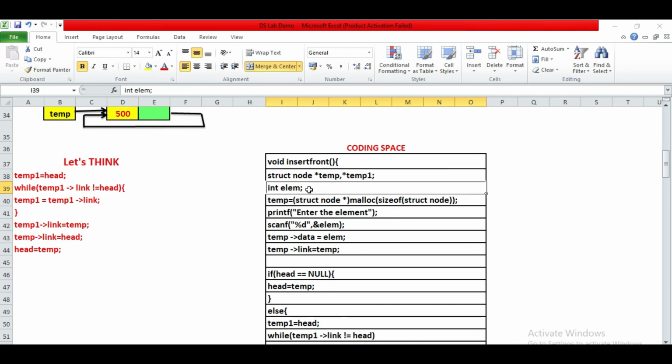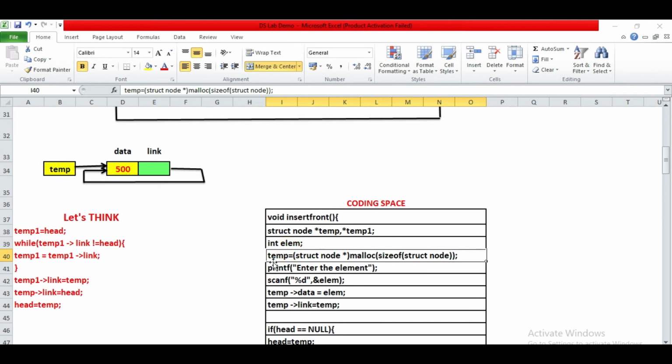Then we have int element, the data 500 we have to put. Then you make a new node in the heap memory using temp: struct node star malloc size of struct node. We take the element from the user, scan it, and then temp's data is equal to element. Here we assume 500 is the element taken. Then temp's link is equal to temp. This becomes the CSLL.